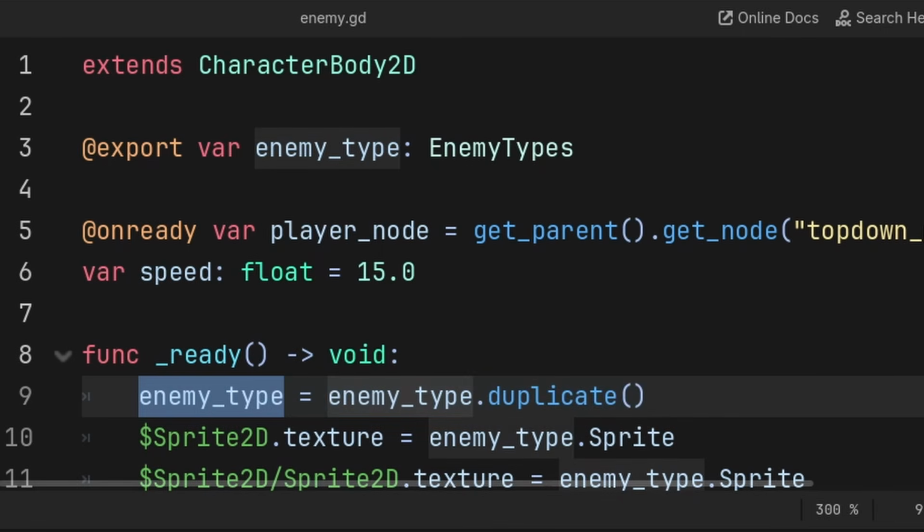The other method is inside the script. Simply grab the export variable and set it to a duplicate of itself. This will allow us to change variables during runtime without it affecting every other enemy scene with the same resource. Additionally, you can add true to the brackets, which will do the same thing as mentioned before with make unique recursive,